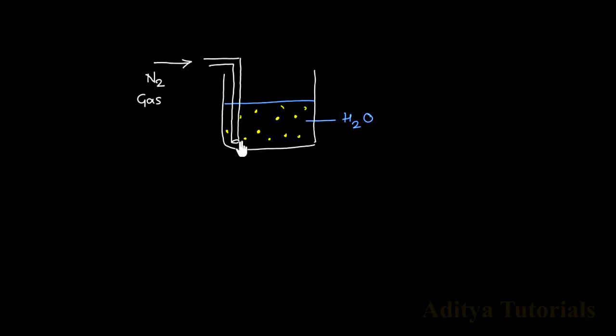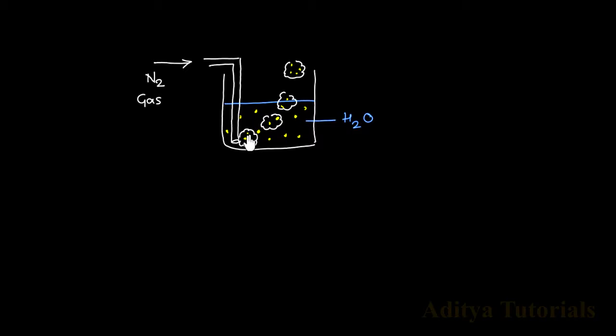When nitrogen gas is bubbled, like here, the nitrogen gas is bubbling here. When the nitrogen gas is bubbled, the ammonia molecules become soluble in the nitrogen gas. Means these nitrogen gas molecules, when they create a bubble, the ammonia gas molecules are more soluble in a nitrogen